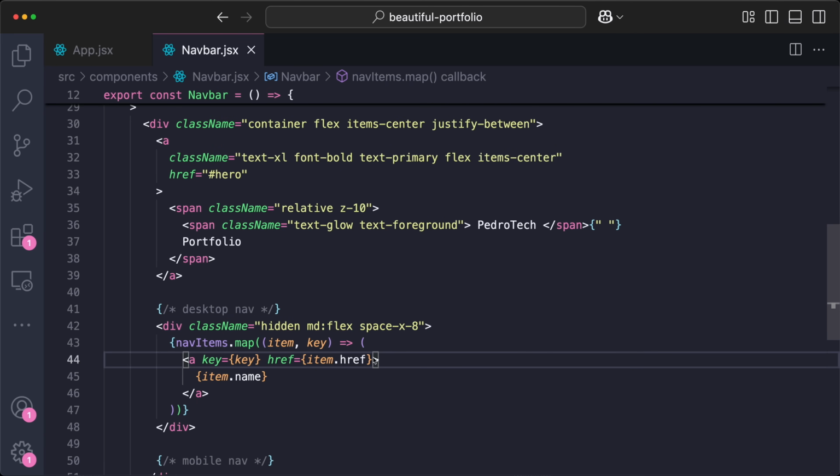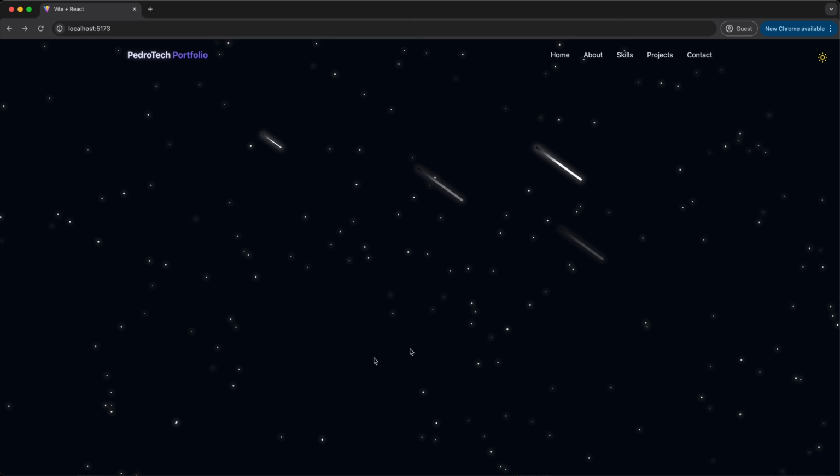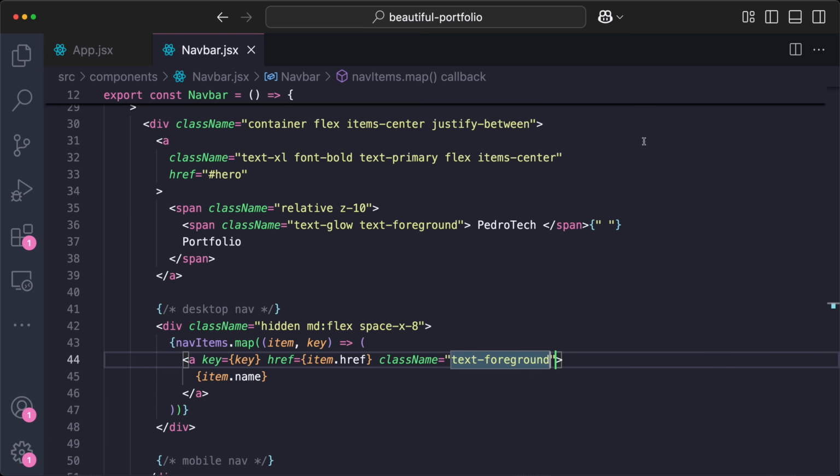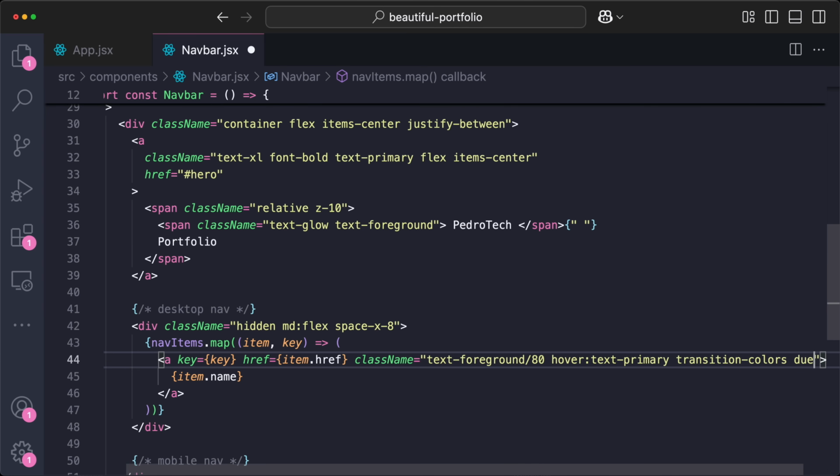Now on this, we want to add a class name. The class name is going to be the color of it. So I'm going to say foreground so it adapts, right? Because if I don't put foreground, if I went to this, it would probably be white still. Now here I'm also gonna do foreground divided by 80. I'm gonna add a hover of it and say text primary, then transition, colors, duration,